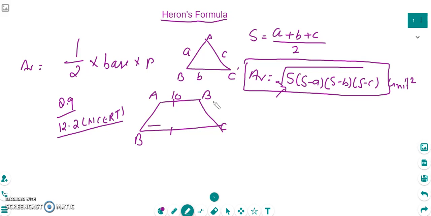Here we are given the parallel sides as 10 and 25, and the non-parallel sides, these two, are given as 13 and 14. So it's your choice whether you take this as 13 and this one as 14, or you can interchange them, because it's not going to affect anything, since ultimately the area will remain the same. So let us solve this, and see how exactly you use Heron's formula to find the area of the trapezium. First thing, we have to do a